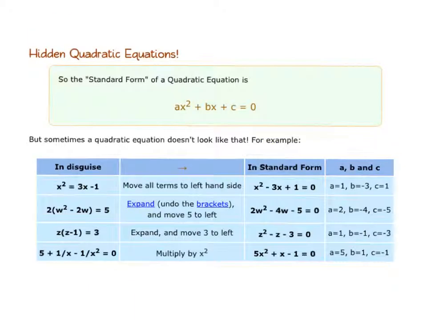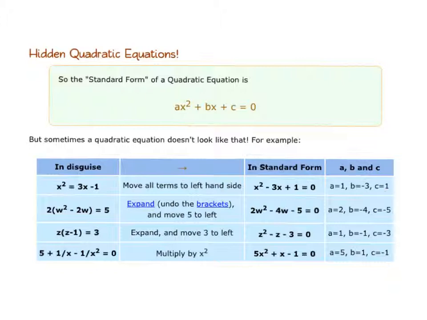So we'll look at a few more. Remember, the standard form of a quadratic equation is ax squared plus bx plus c equals 0. But sometimes a quadratic equation doesn't look like that. So for example, here you have x squared equals 3x minus 1. Well, if we move all of the terms to the left-hand side, we would end up with x squared minus 3x plus 1, and then set it equal to 0, and we have a quadratic equation. So this is a quadratic equation in disguise, where a is 1, b is negative 3, and